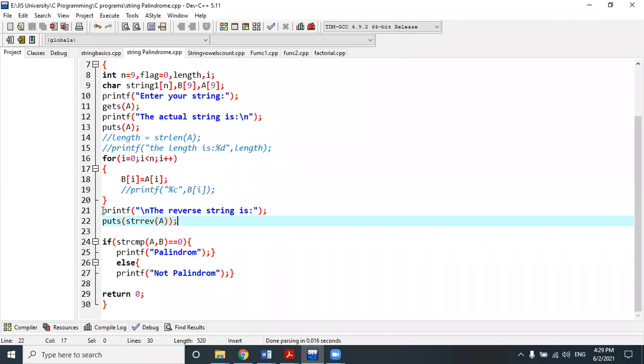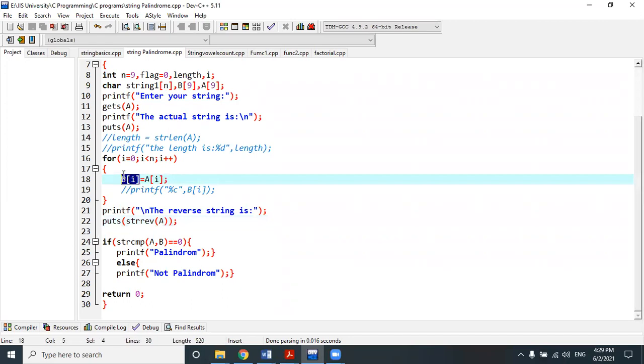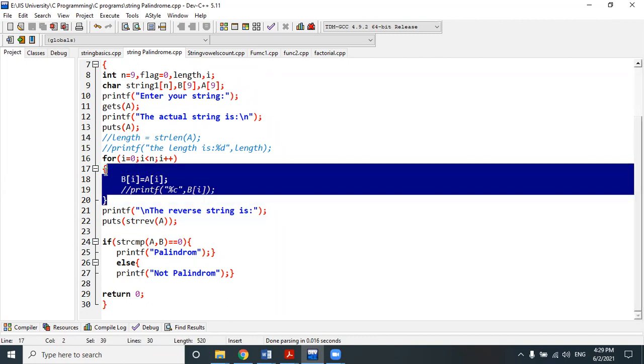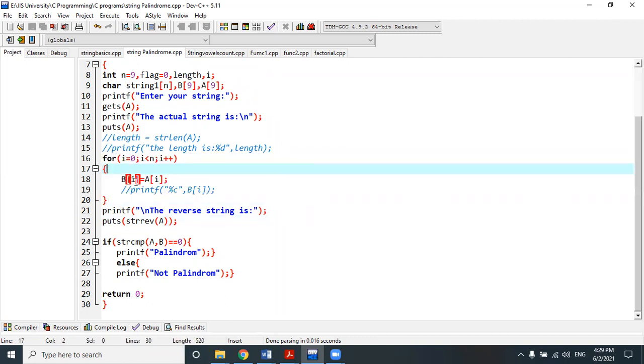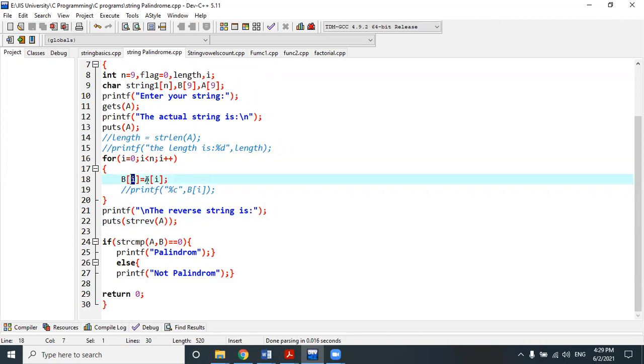And at the end, where we compare whether the number is a palindrome or not, within the if-else statement, I compared the reverse number with that temporary number. Here I have used the same thing. I have done this only for the temporary storage of A string into a B string. I did it character by character, so I ran a for loop and did a character to character mapping, similar to copying between two strings.